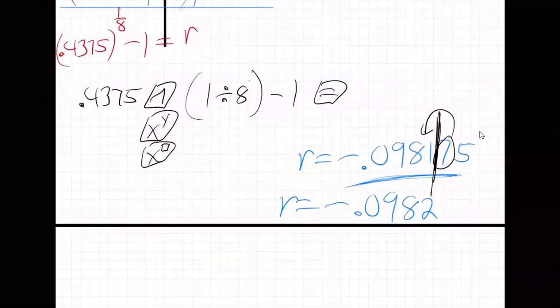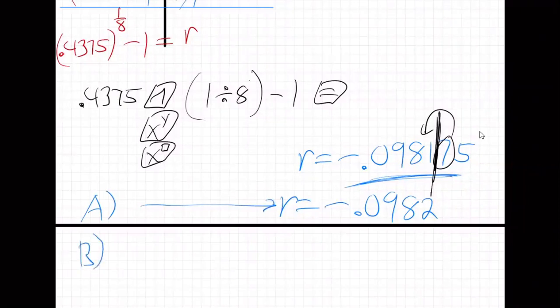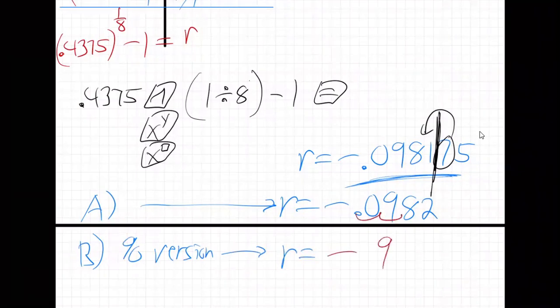So here's the answer to part A. And then part B is a piece of cake. They just want the percentage version. So the percentage version, how do you change from a decimal to a percentage? You know, you move it 2 places, don't you? It'll be negative